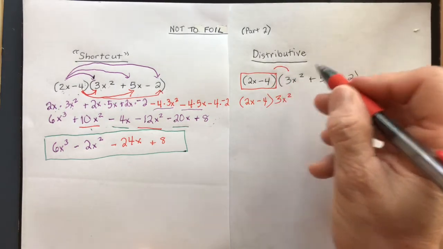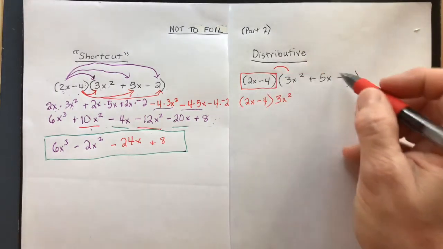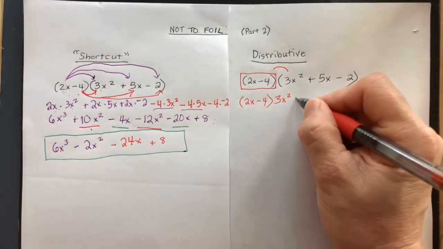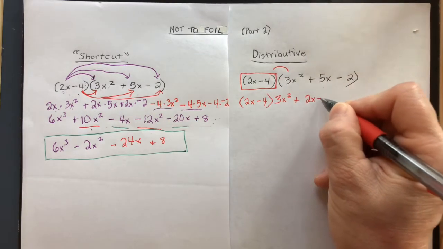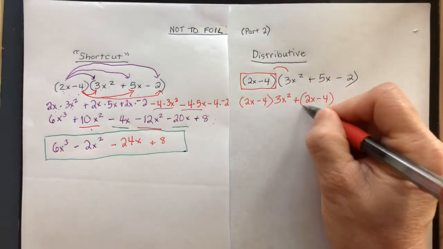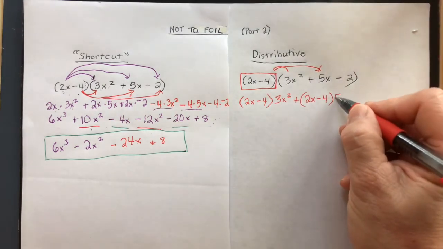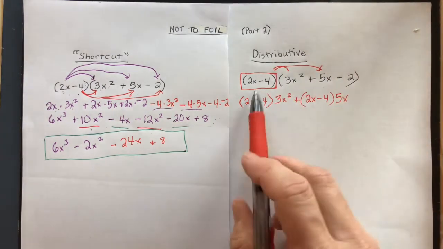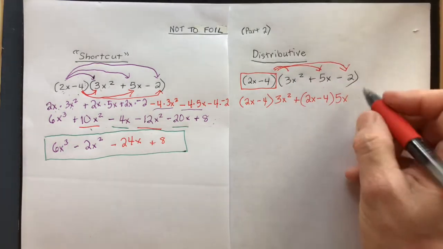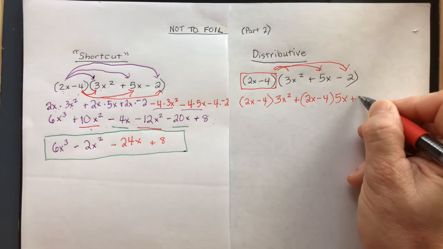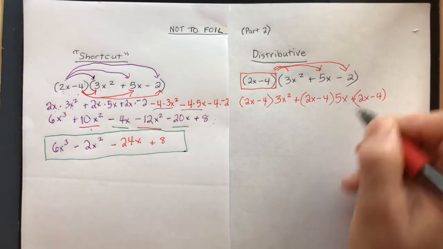You do not have to draw these little arrows. Some people just like to do that. Okay? Then I'm going to take that whole thing, 2x minus 4, and I'm going to multiply it by this. And then the last one, I'm going to do 2x minus 4 times